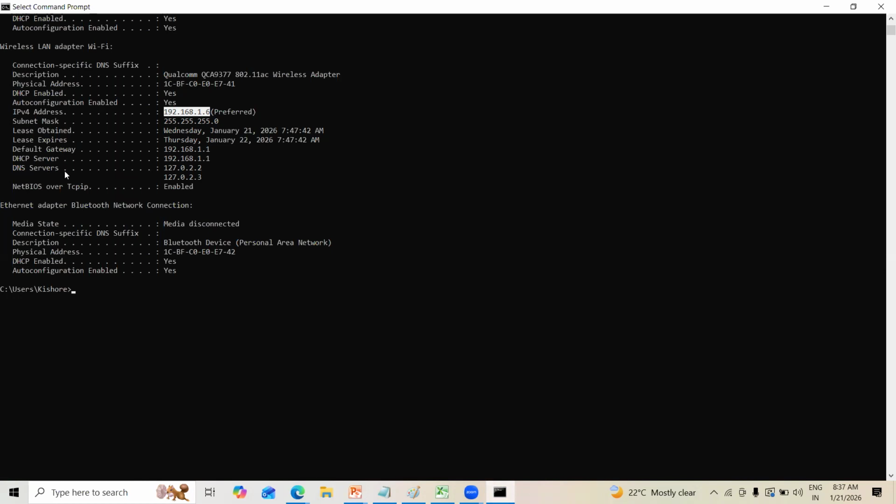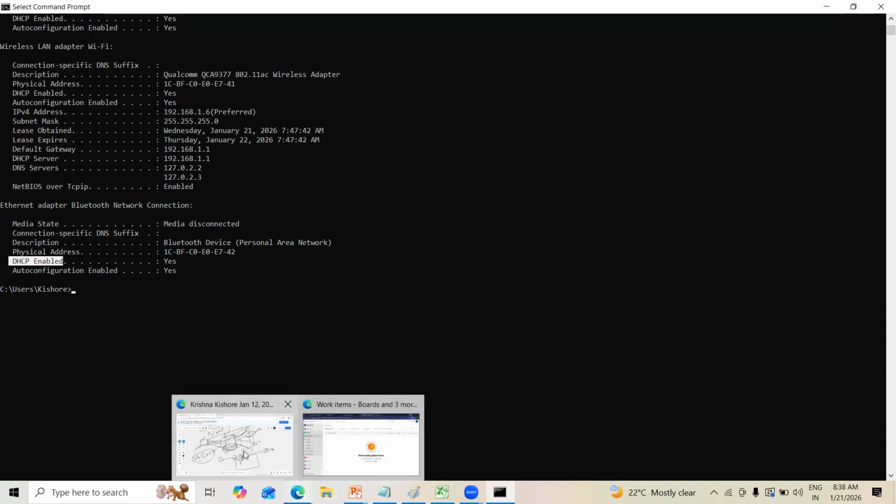You can see we have an option called DHCP. DHCP is enabled. So if any connection is connected to my device, it will generate a new IP for that. Description, physical address is this one. Somewhere we can see the router IP address also. You can see if I go to